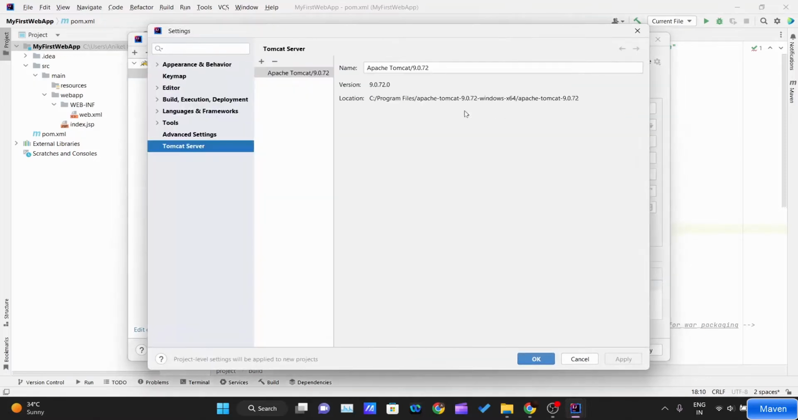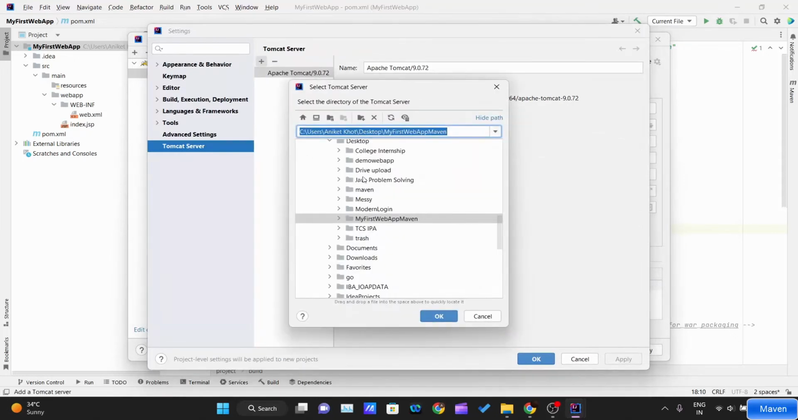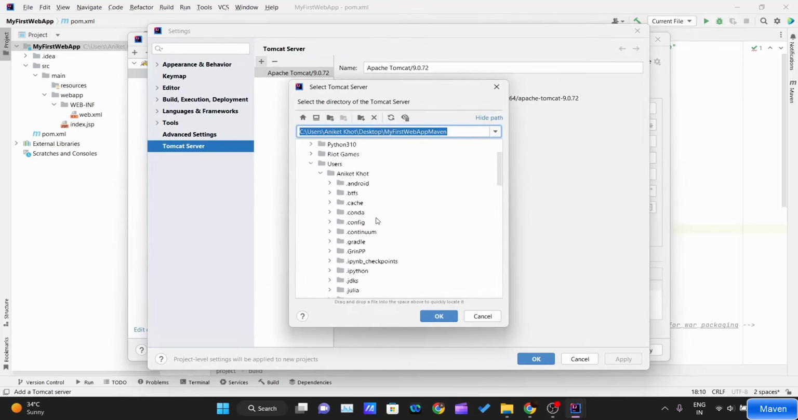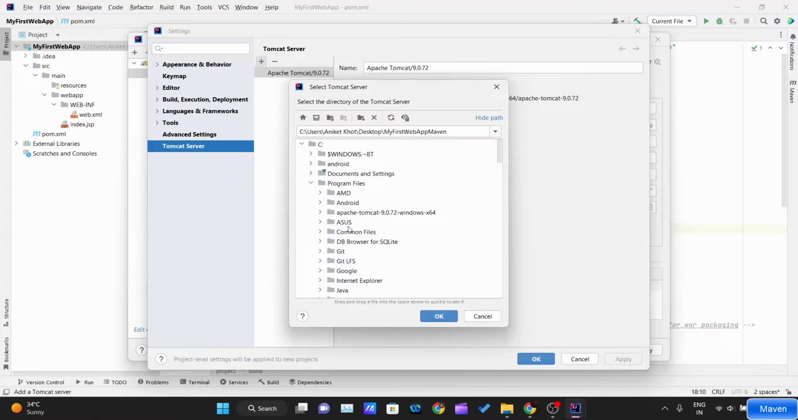You just click on configure, and after clicking on configure, click on this plus icon, and now you go inside the folder where you have stored the Apache Tomcat. In my case, I have stored it inside Program Files, Apache Tomcat, and please select the root folder. Don't select this folder. Select the root folder under which all the bin, config, libraries, logs, temp folders are there. All right, select this, click on OK,